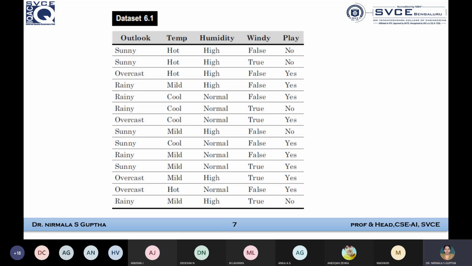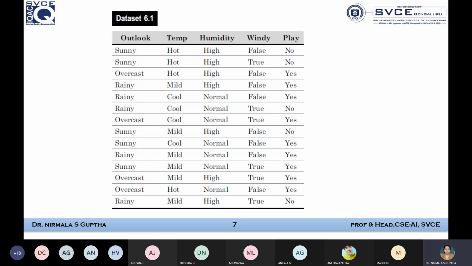Okay. Quickly give me the answer for mild gives no. See, fourth row, mild gives yes. Seventh or eighth row, mild gives no. So we are talking about mild gives no. One count I got. Anywhere else mild gives no? No. So mild gives no is 1. Mild gives yes is 1. What is the denominator? 1 by 2. Wonderful. 1 by 2 is the answer.